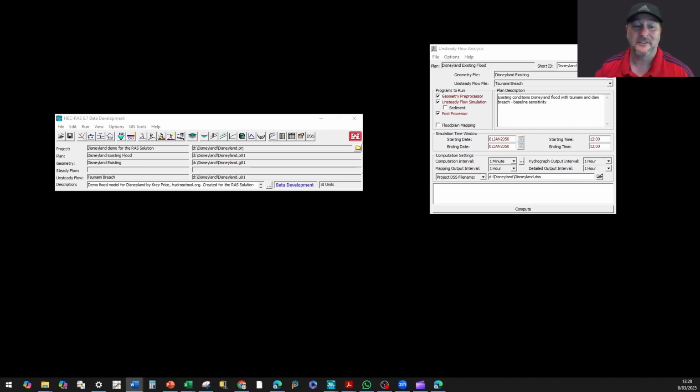The defaults are for very large models that will be running for a really long time. You'd want to make sure you have enough results to smoothly show what's happening. So I'll change all of these to say a 5-minute interval. So I'm going to take this one here, this one there, and this one here, and change them all to